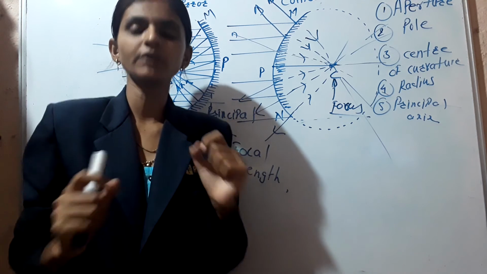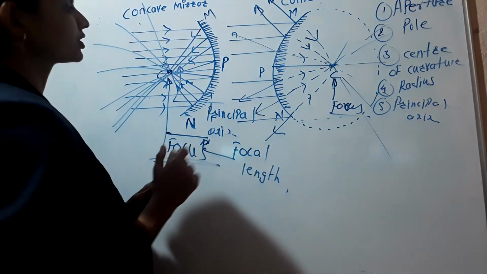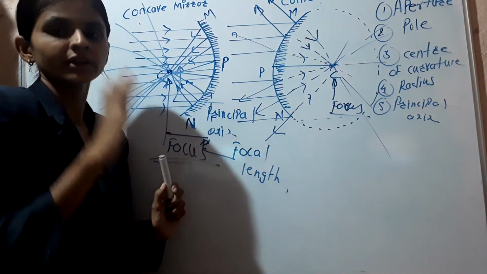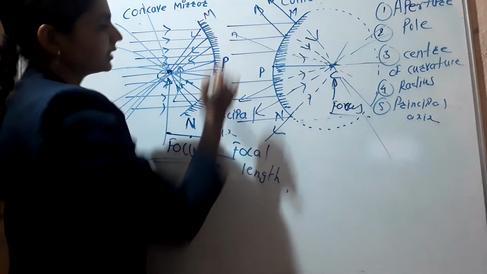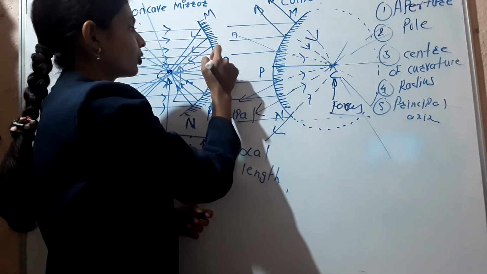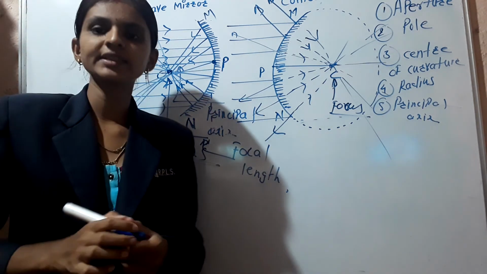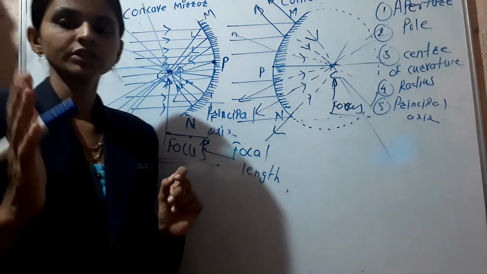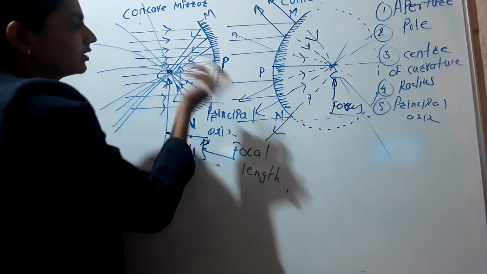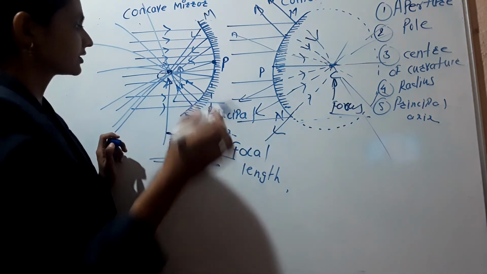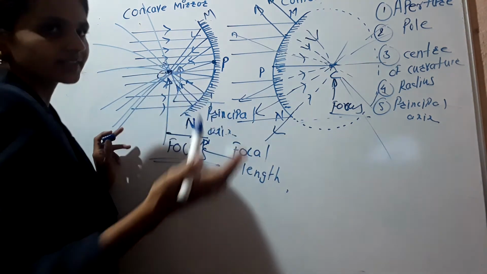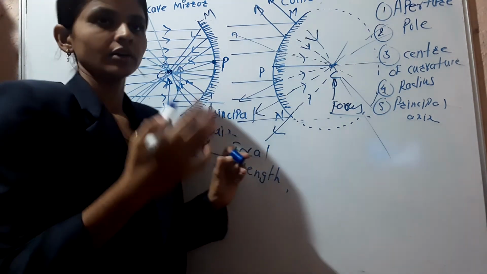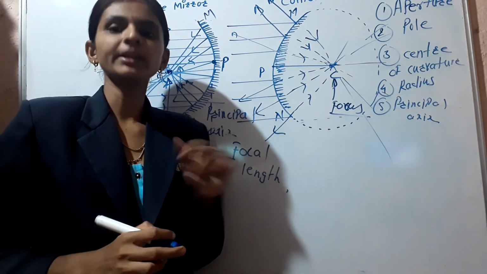So today we discussed the aperture. Aperture is the exact distance or exact width of the reflecting surface. So here MN is the aperture. Then the center point of the reflecting surface is known as the pole, and it is also the midpoint of the sphere. Then the center, as per the hollow sphere, is located at the center of the sphere, and the line joining the pole and the center of curvature is known as the principal axis.